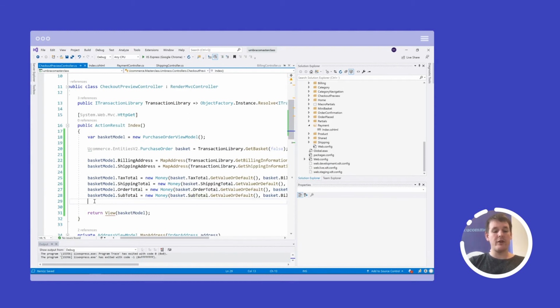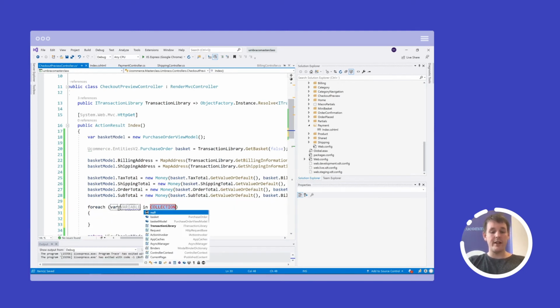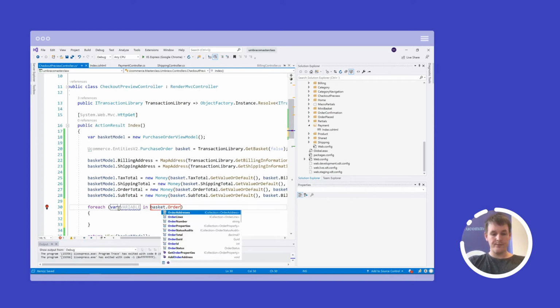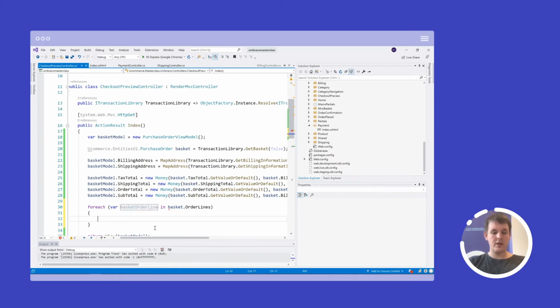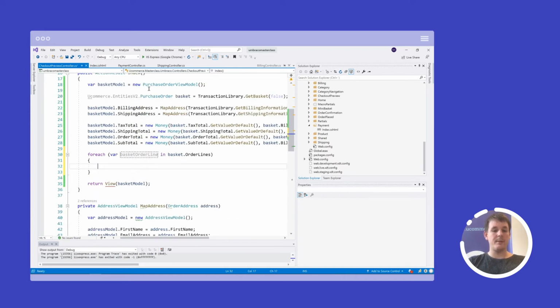And now we want to also map the order lines. So let's iterate those on our basket. On the purchase order view model, we have the order lines collection as well, so we just need to add to that.